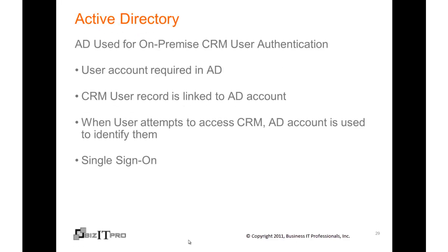Active Directory is used for on-premise CRM user authentication and identification. The user account is required in Active Directory for on-premise deployments. The CRM user record is linked to the Active Directory account. And when the user attempts to access CRM, the user is identified by CRM from the Active Directory account that they've logged on to the network with, thus providing single sign-on and not requiring CRM to prompt a user for a logon and password when they want to access the